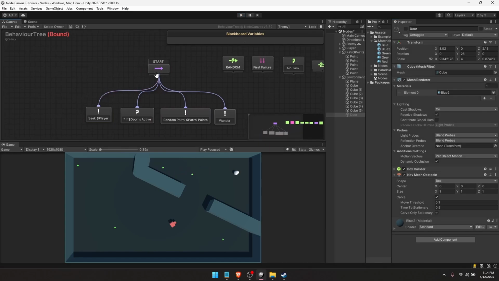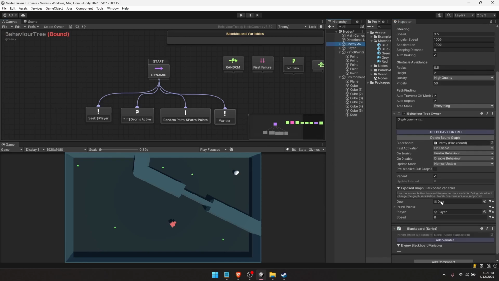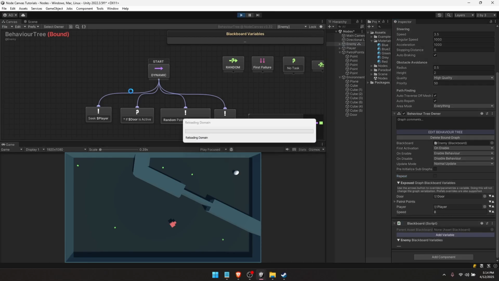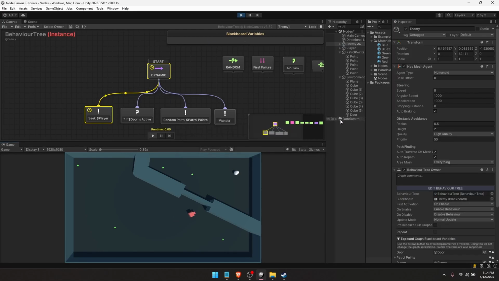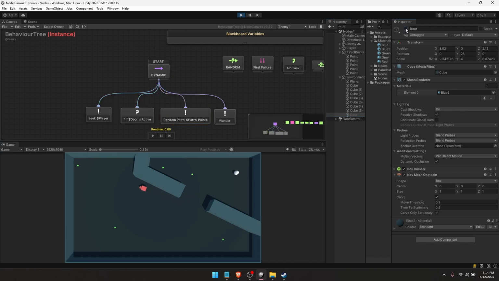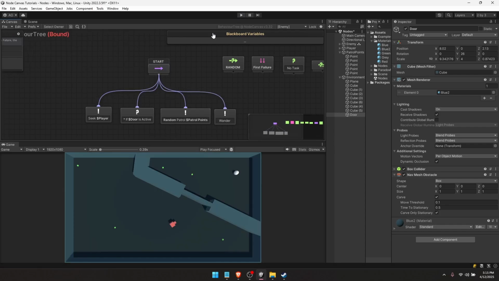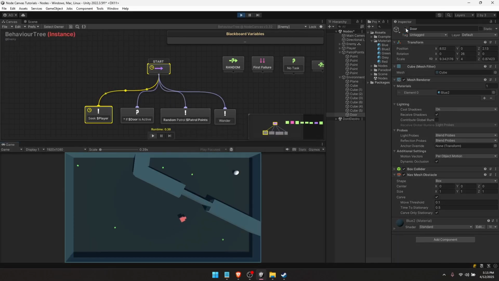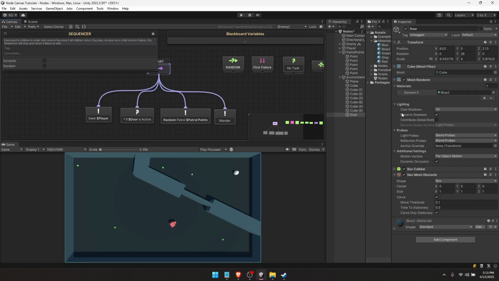And so in the case of the dynamic, if I turn this on, and let's say my door is true to begin with, and I'm going to make this not repeat just to demonstrate. So he goes through there, and I turn the door off, you see it exits, it fails straight away. If this was not dynamic, it doesn't matter. I've changed the door, and it didn't matter until he reached the end and he finished his entire sequence. So let's put it back on repeat,